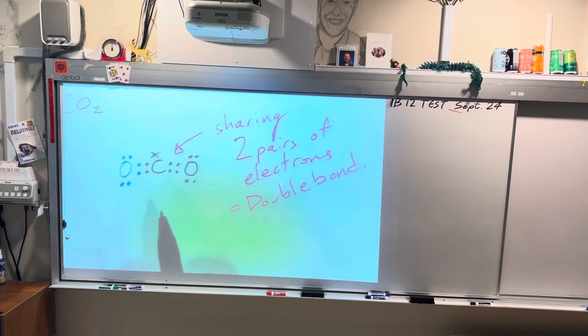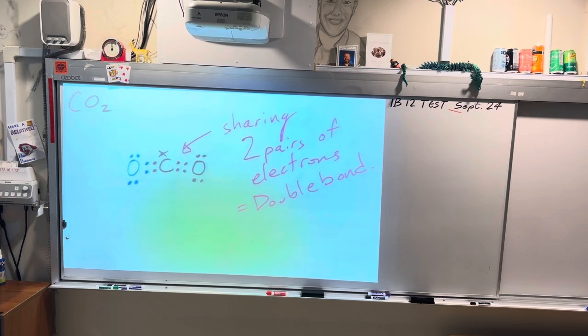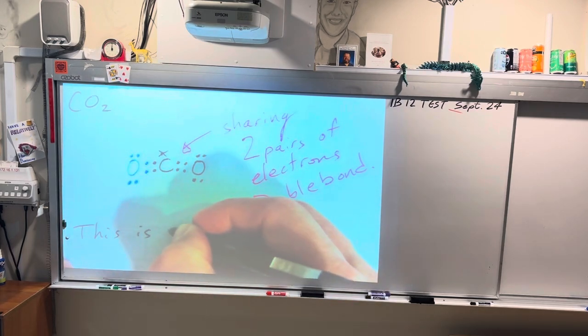Now, this is a molecule. It's not an ionic compound. And it's using covalent bonding. So covalent because we're sharing valence electrons. So I'll say this is called